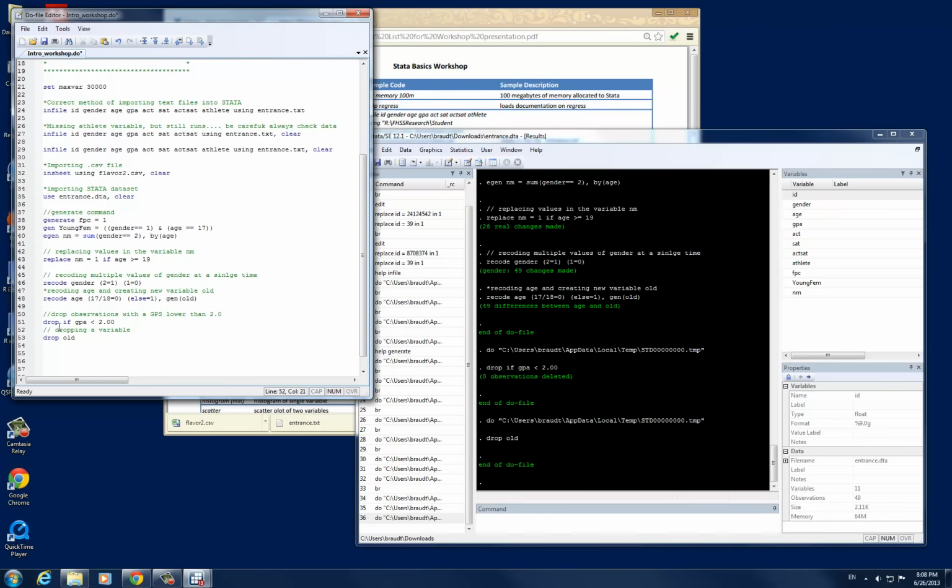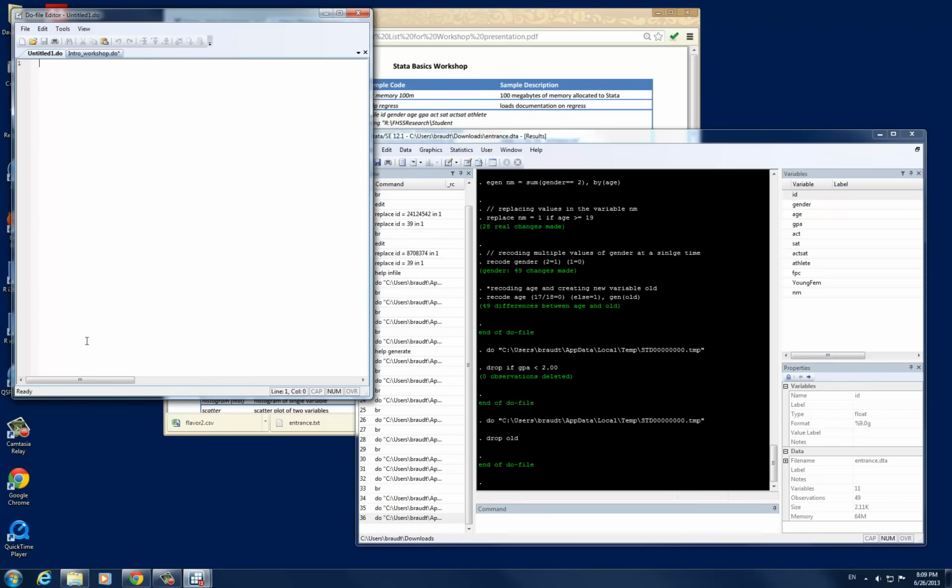So a drop command with an if statement will tell Stata to drop observations. A drop command with simply a variable name will drop that variable, or you could have multiple variables and have them dropped all at once. Now that we've gone through and learned how to drop variables, we also might want to do some data management here and make our data set a little bit more accessible to other users. One way that we can do that